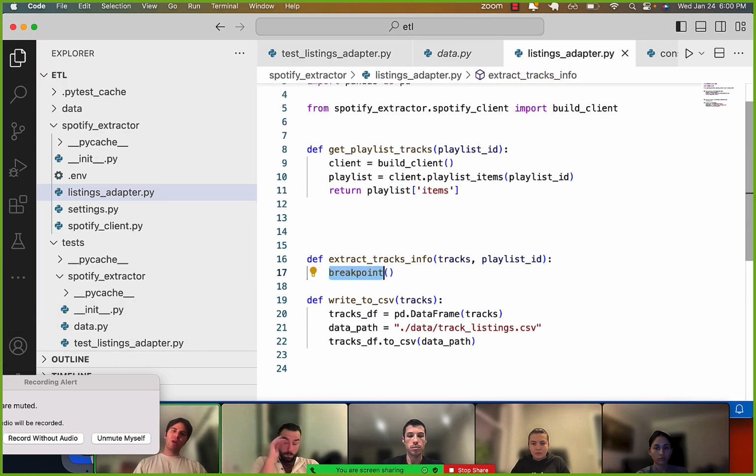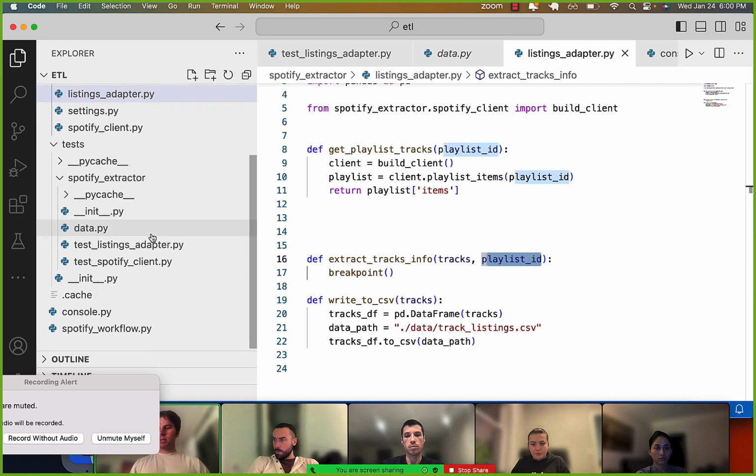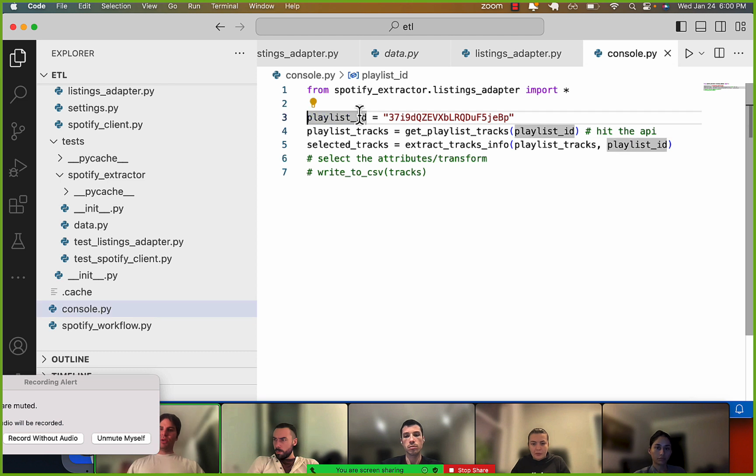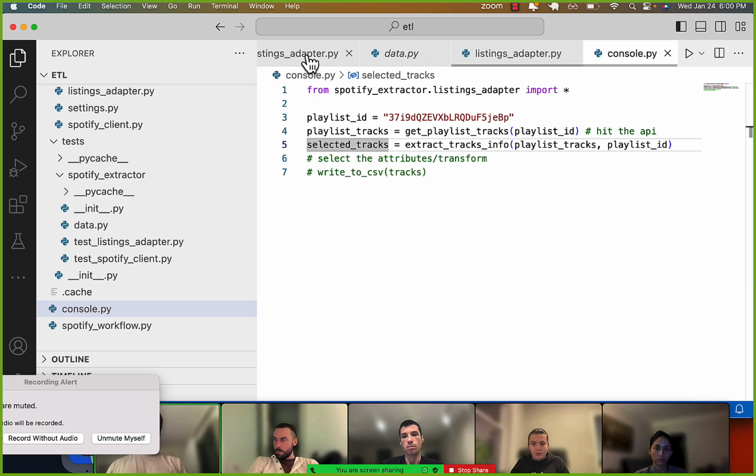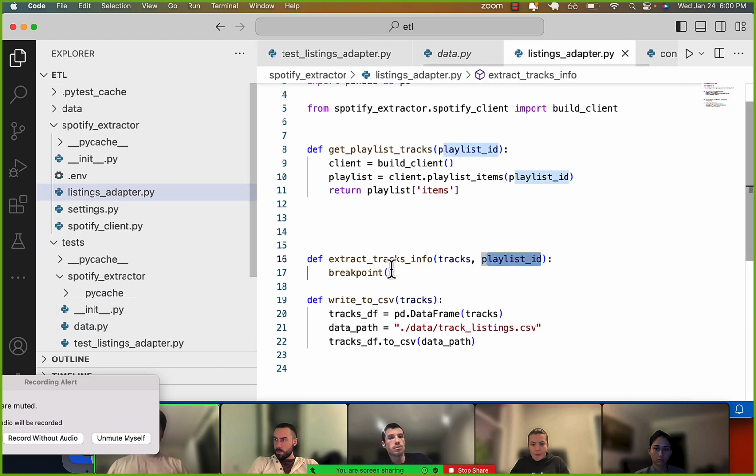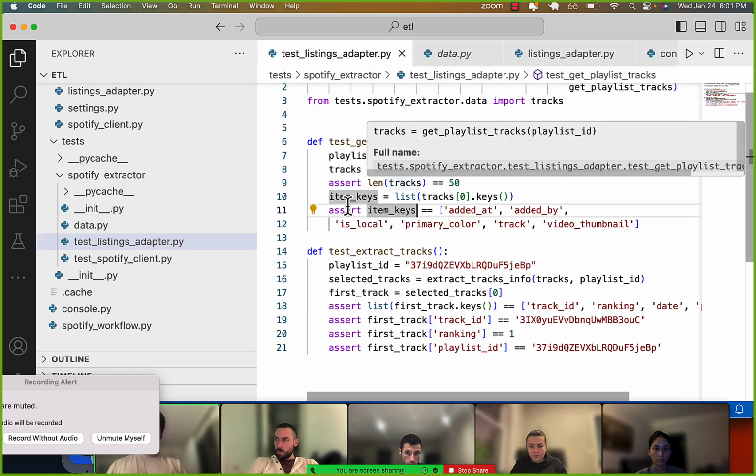So this is extract tracks info, and this passes through a list of tracks and the playlist ID, right? And again, you can see how this works if you look at the console. So the idea is, you give me the playlist ID, I'll get back the playlist tracks, those items, and then we'll take those items and the playlist ID, and we'll give you back a list of dictionaries of whatever we specify. I can't remember. So now let's go back, and we just put a breakpoint, right? So we're going to give you the tracks and the playlist ID, and you can confirm that if you go to the test, right, then it's the